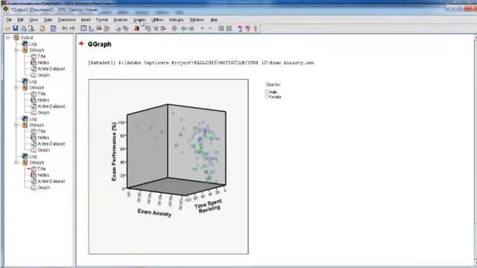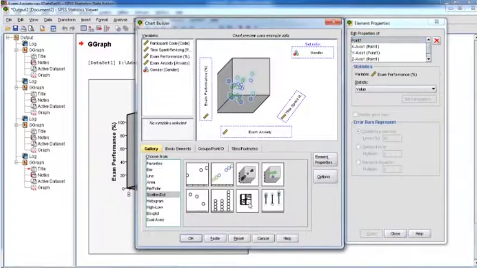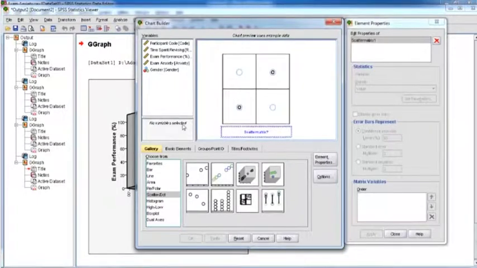Going to the graphs option again and clicking on chart builder, let's explore the other options. Here, just below the main 3D group scatter option, we can see a scatter plot matrix, and here, just dragging it to the central area, we can now see a kind of matrix diagram being shown in the central window,